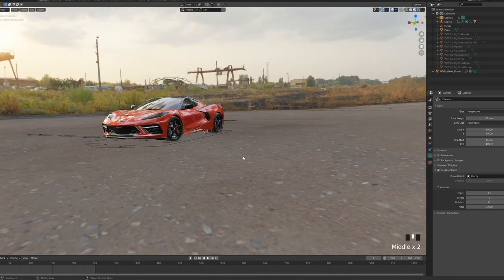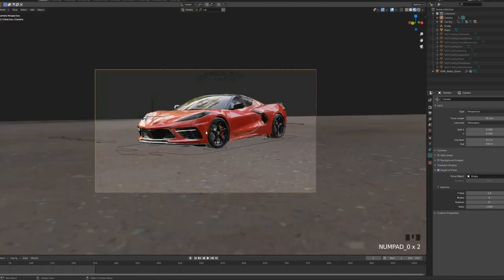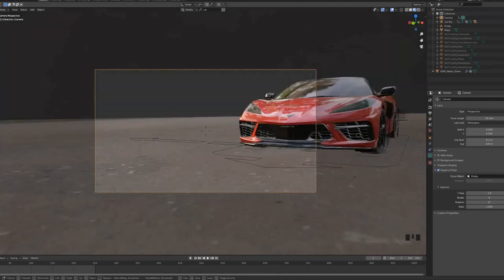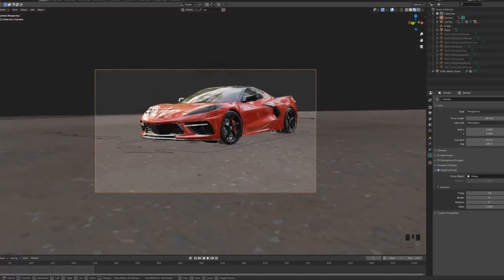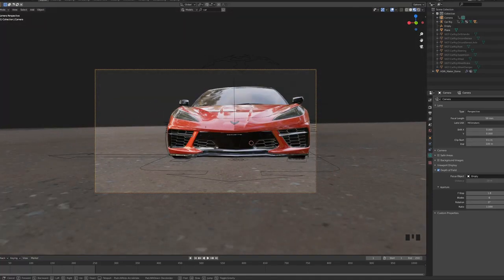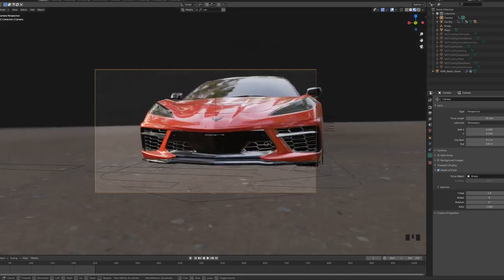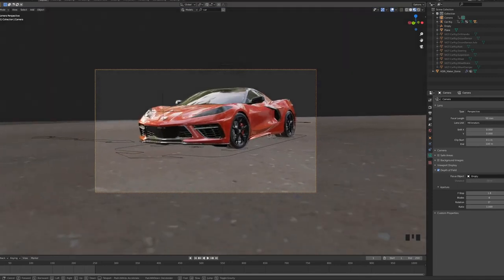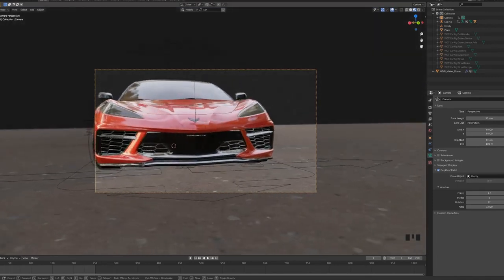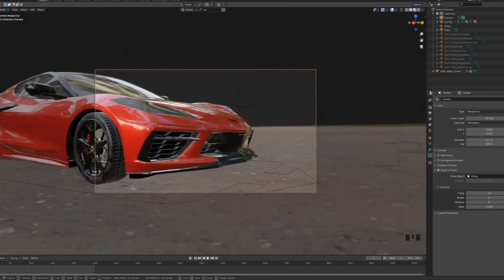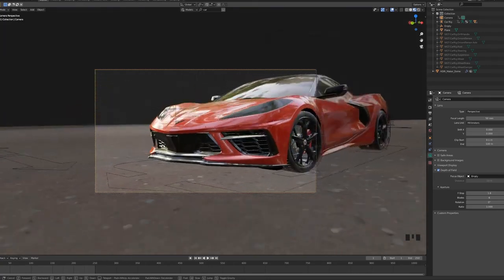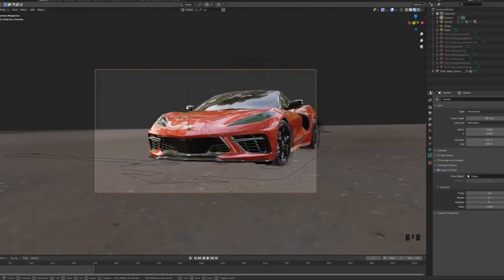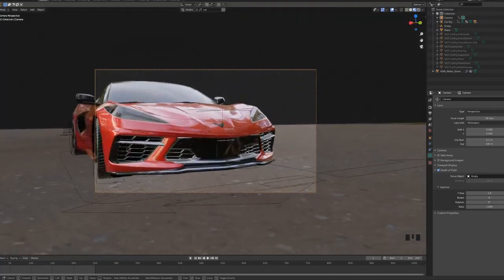Okay, let me show you how you can use this. I press O to go in camera mode, and then I press Shift F to activate the walk navigation. And now you have to move like in a video game. You just press WASD in order to move your camera. And the cool thing when you do that is the movement is very organic, and it will feel like someone is carrying a camera around the car. Of course, the animation is not smooth yet, and we're going to deal with that later.